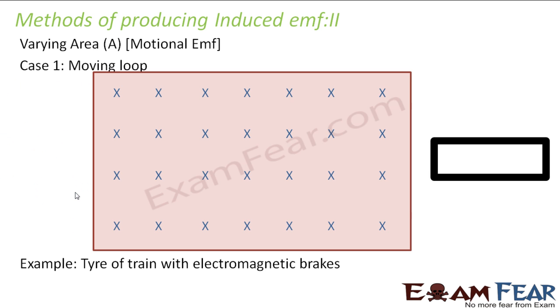So let us look at the second case where we produce EMF by varying the area. What do I mean when I say by changing the area? When I talk of area, I talk about the area which is under the magnetic field. If the area within the magnetic field is changing, then there will be an EMF induced. It is very much clear from the expression. I don't really need to explain much. If the value of A is changing, that means the value of phi will change, and since phi, that is flux, is changing, EMF is getting induced.